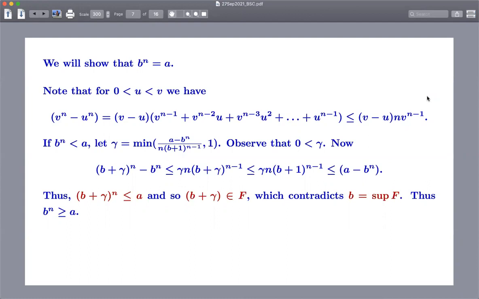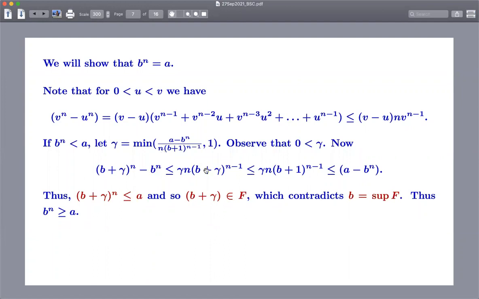Sir, I just have a quick question here. If the value of a minus b to the power n by b plus 1 to the power n minus 1, this thing inside the minimum other than 1, if that is actually greater than 1, then gamma becomes 1, right? Wait, let me go to the previous slide. So yeah, this one now. I'm saying what if gamma equals 1? So what if the minimum is actually 1? Does the proof still work? If the minimum is the other thing, then obviously it works, since that's why we define gamma like that. But if gamma is just 1, then does the proof still work?